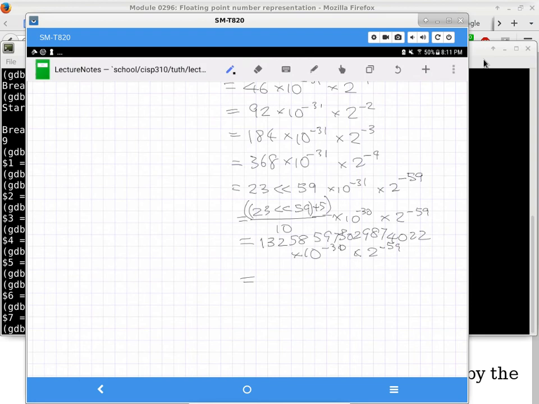Check for overflow, but there's no overflow. That's the best part about C, you can overflow your integers and it doesn't tell you. So how do you know? Yeah, go ahead. If the variable is greater than itself times 2. Say that one more time. If the variable is greater than itself times 2.